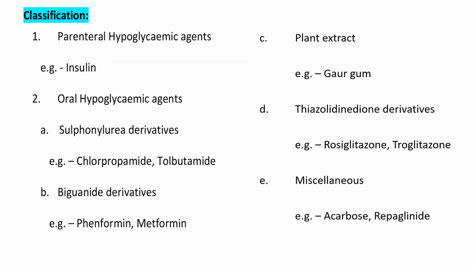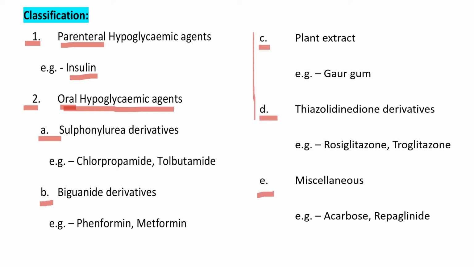Now this is the classification of hypoglycemic drugs. We'll see one by one. It is mainly classified into two classes depending upon route of administration. The first administered by parenteral route of administration and second one administered by oral route of administration. That is, parenteral hypoglycemic agents, example insulin. Oral hypoglycemic agents are again subclassified into 5 classes: A, B, now this is C, D